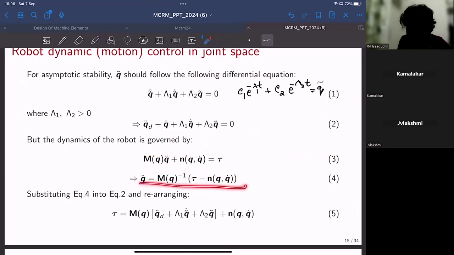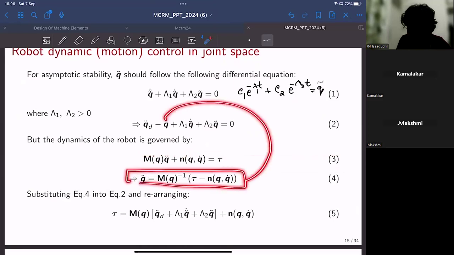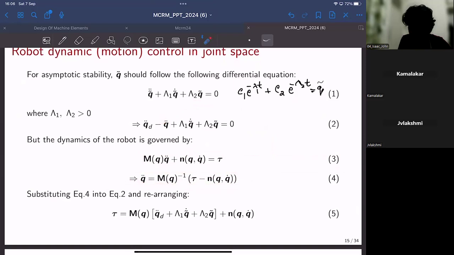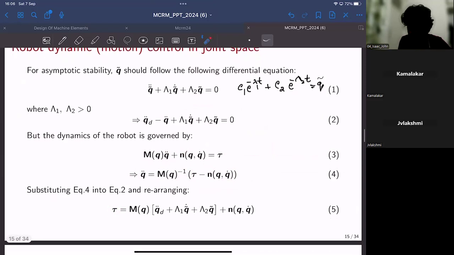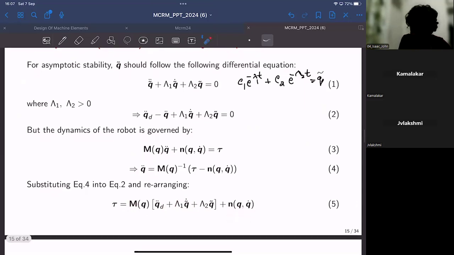And if you substitute this equation onto the previous equation, you will be able to get a final equation for the control input torque. This is nothing but the mass matrix M of Q multiplied by Q desired double dot plus lambda 1 Q tilde dot plus lambda 2 Q tilde, plus N of Q, Q dot. So you can call this the feed forward term, just like in the earlier case. And we have two feedback terms,